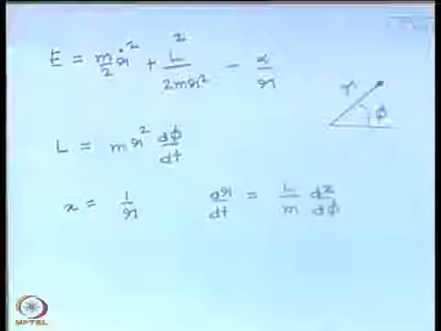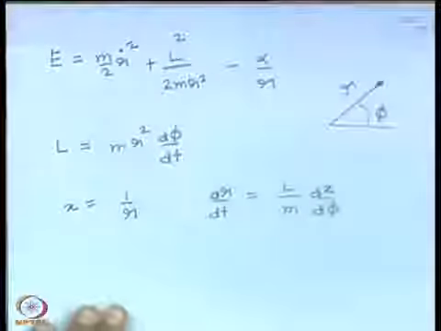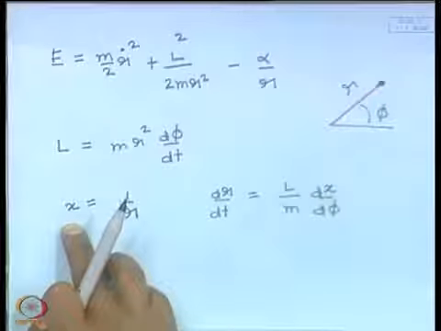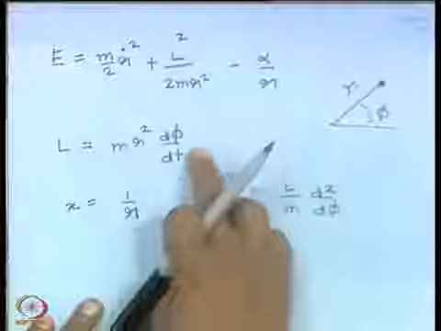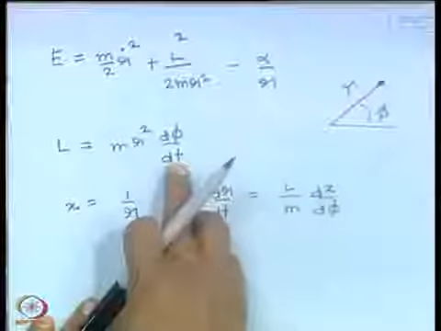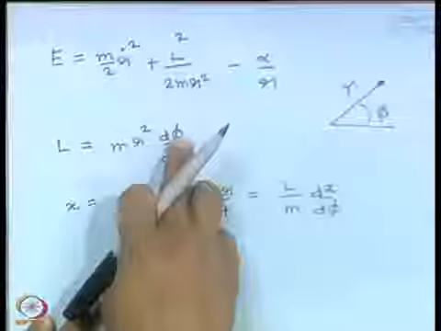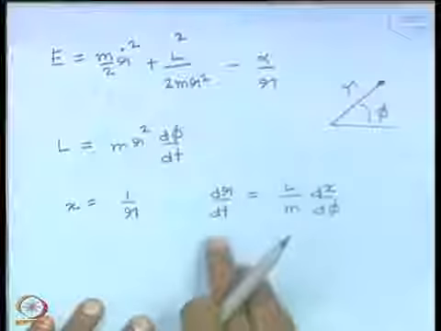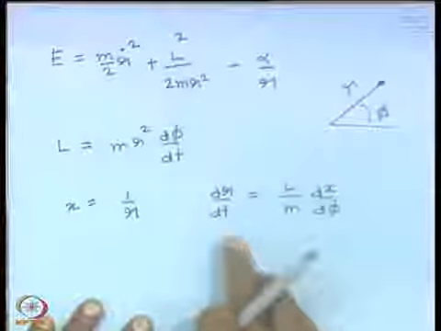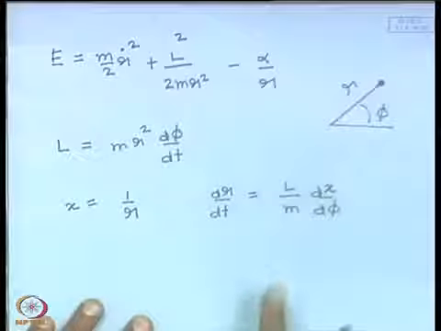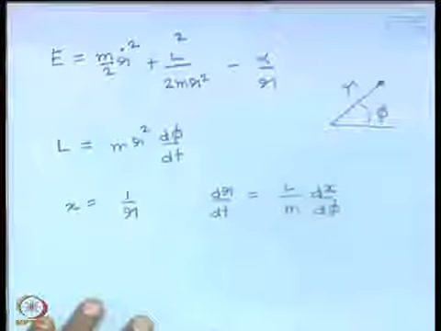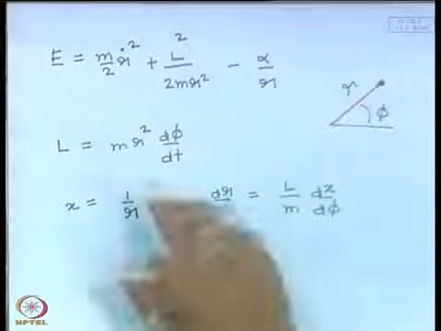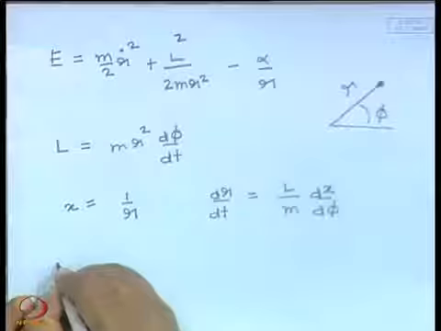So, this is straightforward algebra, nothing much to it. So, you have to just replace dr dt in terms of dx dt, and you can use this to replace derivatives in terms of t with derivatives in terms of phi. Okay, so, doing this, you are led to the relation that dr dt, which occurs over here, can be written as the angular momentum by mass into dx d phi. Okay, this is straightforward algebra, and if we substitute this here, then we have the energy E